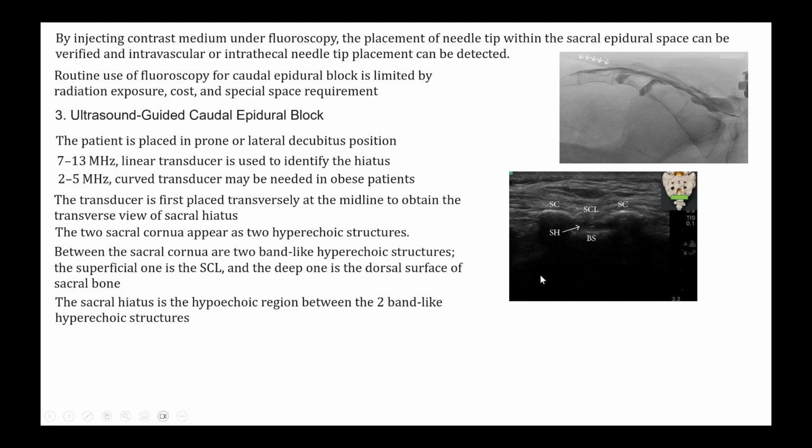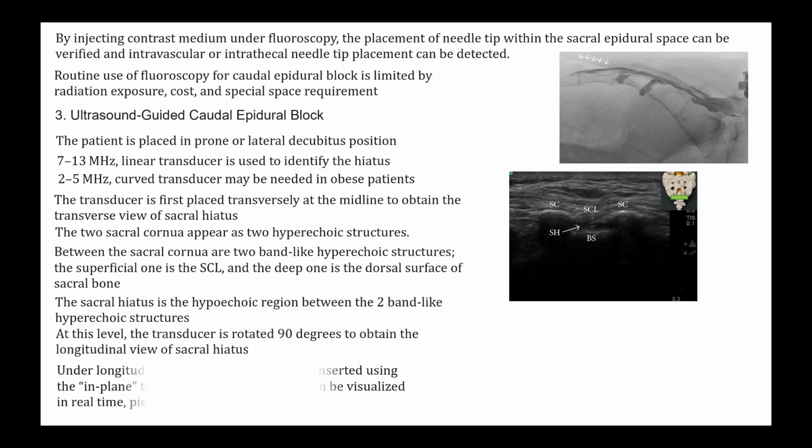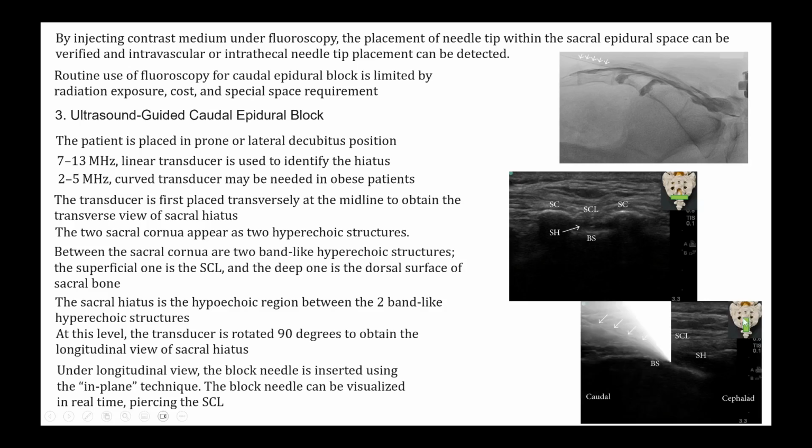So first identify that, and before you put the needle, what you have to do is rotate the transducer by 90 degrees to the vertical position, and then when the needle enters, you can easily see it, and the needle entry position is seen. This is the sacral hiatus. So insertion should not be done in this position. Insertion should be done when you turn the transducer and identify this in the lateral view like this. So an in-plane technique is used, and the block needle can be visualized passing through the sacrococcygeal ligament, and you can